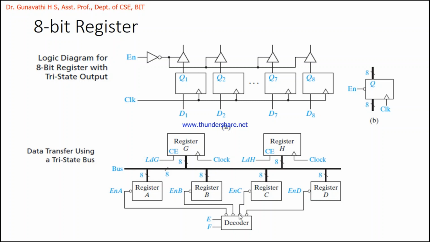We have a decoder here. This decoder is a 2:4 decoder: 2 inputs, 4 outputs. You can observe here the decoder outputs are active low. Whenever we provide 0, 0, we get the first bit as output. 0, 1 the second bit, 1, 0 the third bit, 1, 1 the fourth bit.